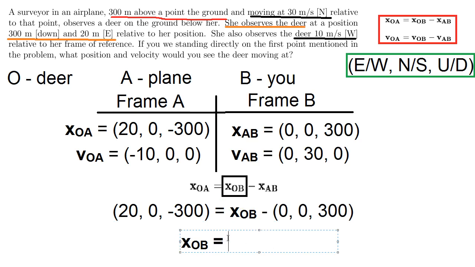This can be done simply by adding 0, 0, 300 to both sides. If you do so, you will get 20, 0, 0,